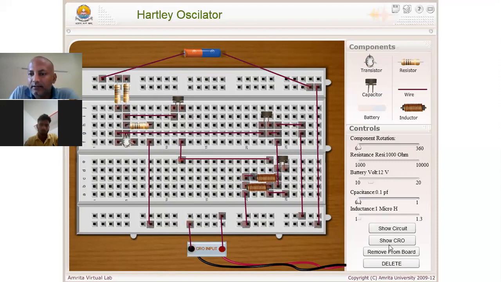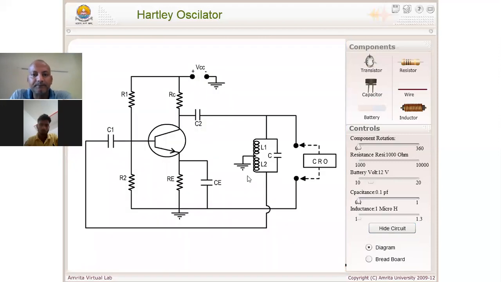The rest of the connections are completed except the emitter connection. In the emitter, I connect a resistance and ground it, also a bypass capacitance.